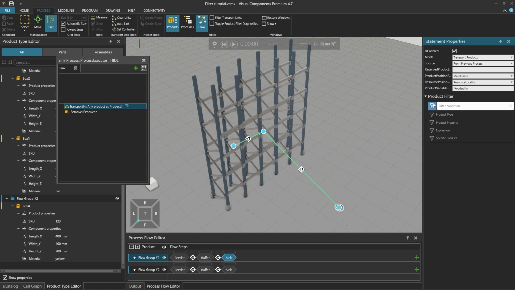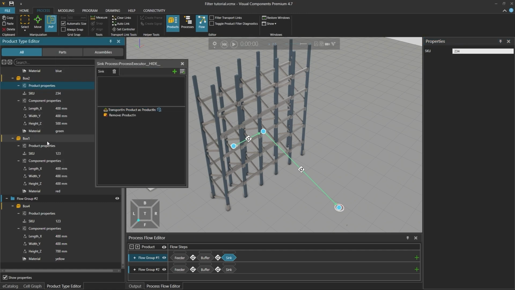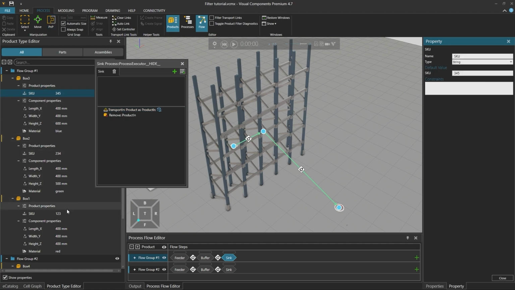The second filter is called Product Property Filter. This filter can be used to allow only products with a specific product property and with a property value matching a comparison operator to enter the process. As an example, in products, we have an SKU string value.